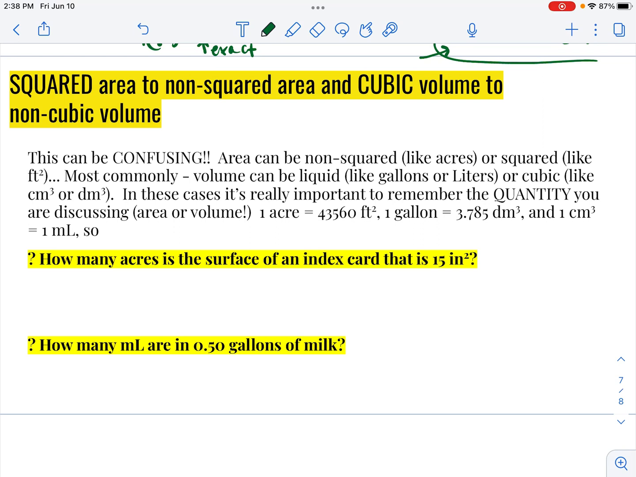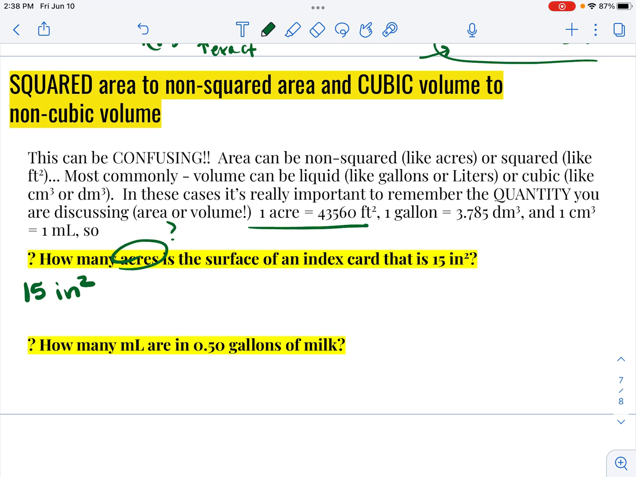So I've given you a couple of equalities here so that we can do this with some English to metric, but you would never have to know them. The only English to metric you have to have memorized would be 1 inch is 2.54 centimeters. So let's see. How many acres is the surface area of an index card that's 15 inches squared? So I'm going to do 15 inches squared. And I see here that an acre is